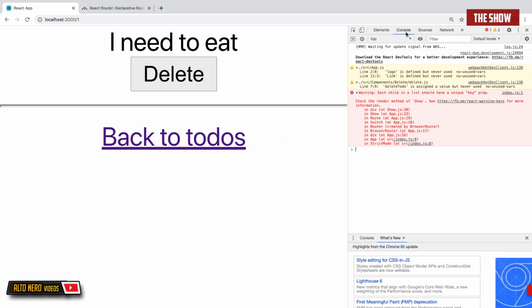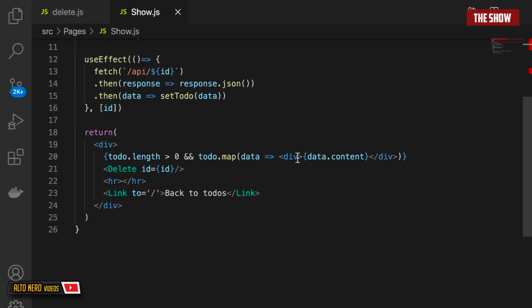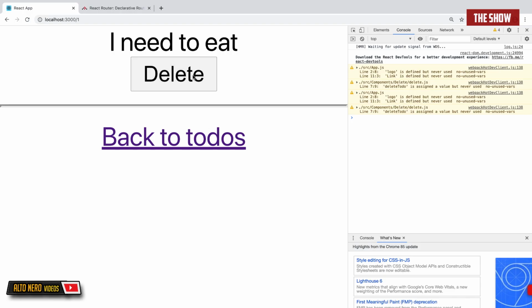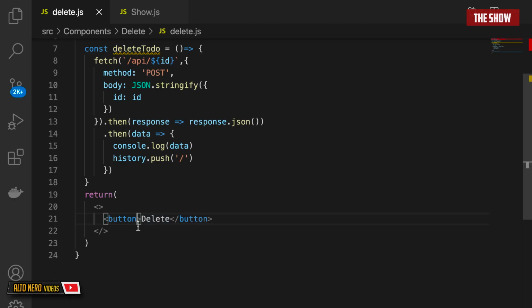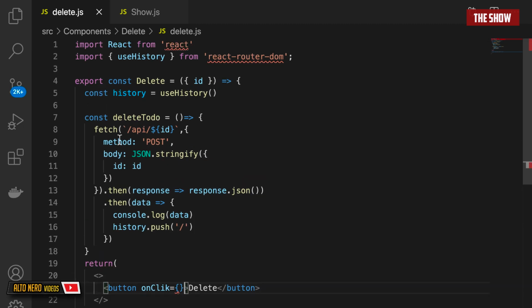It's not working, so let's inspect and see what's happening. I can come over here, then I can give it a key, and I can set the key to ID. Okay, so now this is not working, and rightfully it shouldn't work because I haven't set the on click button. So what I need to do is, if this button is clicked, so on click, I would like to call this method, so delete to-do, like so. And now if I go back to the browser